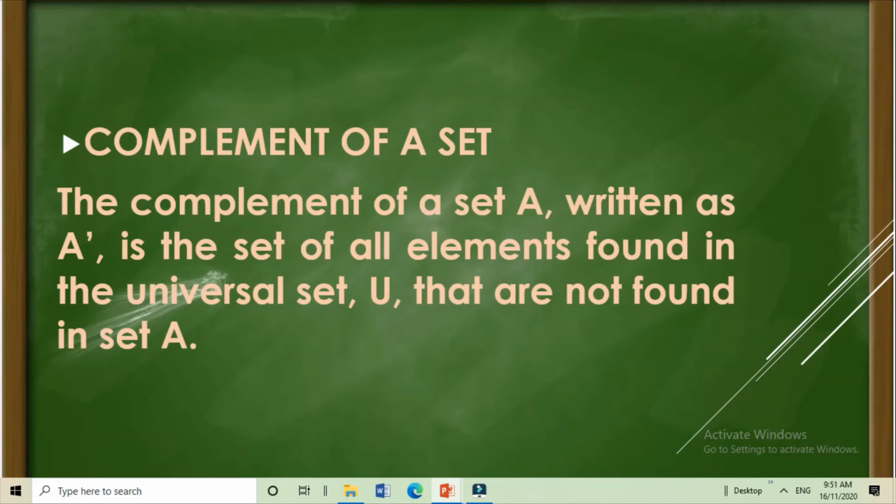Halimbawa, hinihingi niya yung complement of A. So, titingnan natin kung ano yung mga numbers na nandun sa universal set and wala siya sa set A.